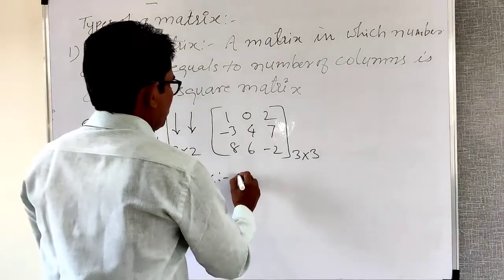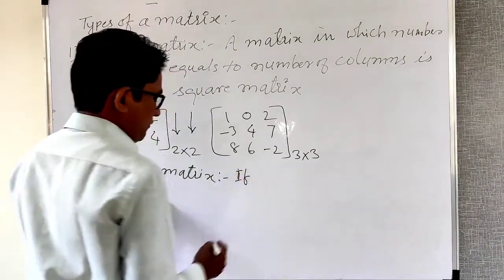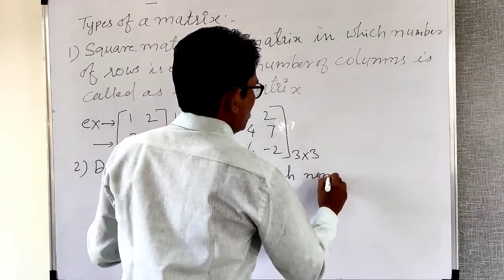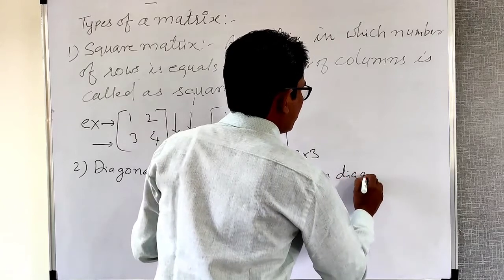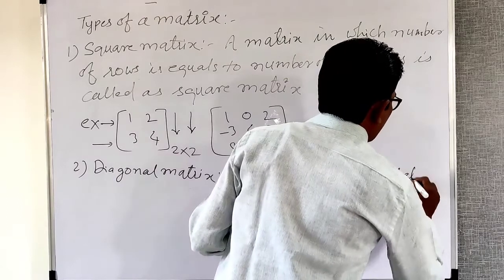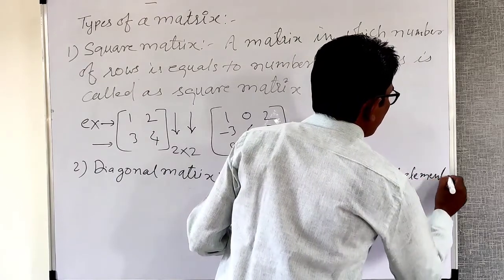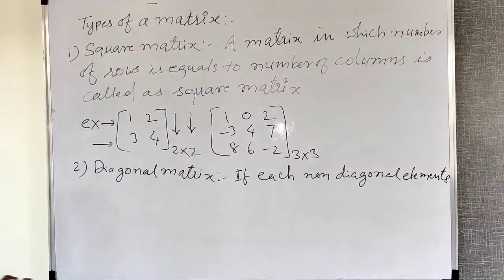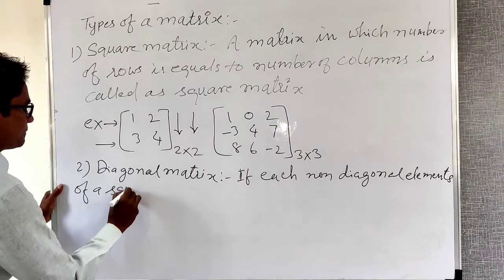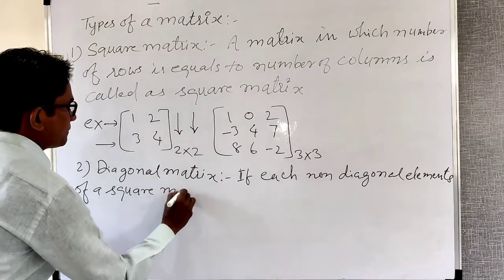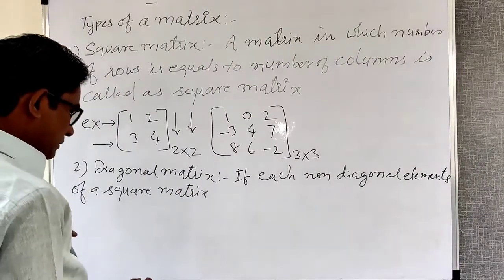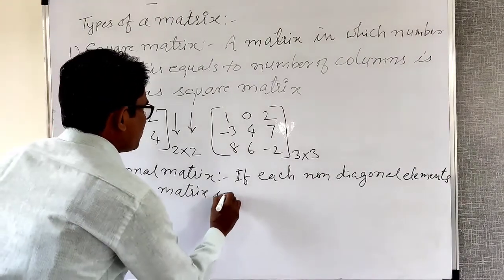That means if each non-diagonal element of a square matrix is equal to 0,